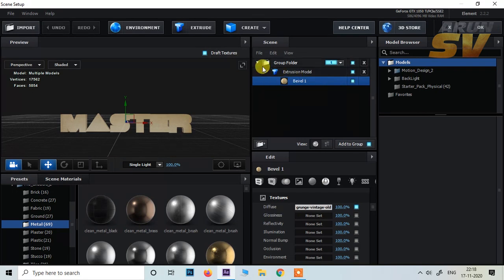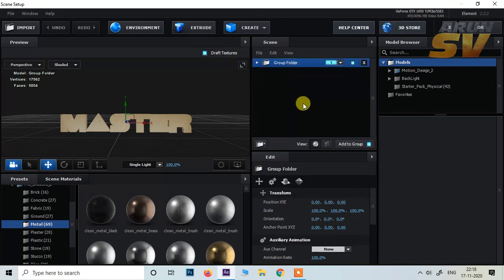Then duplicate the group for the animation. So press Ctrl D to duplicate another group and change the group to 2. We have two groups, 1 and 2, but have the same content.